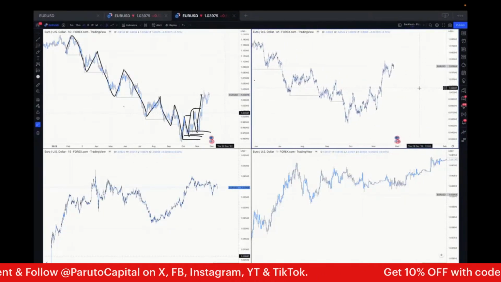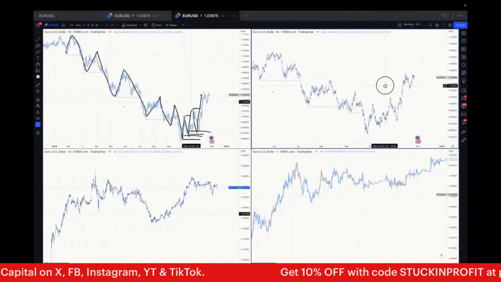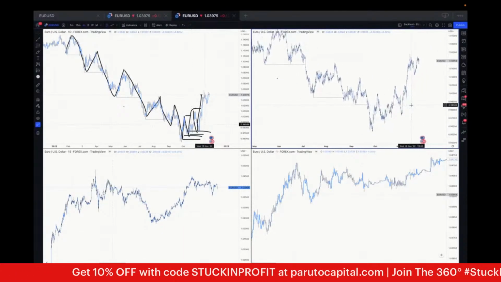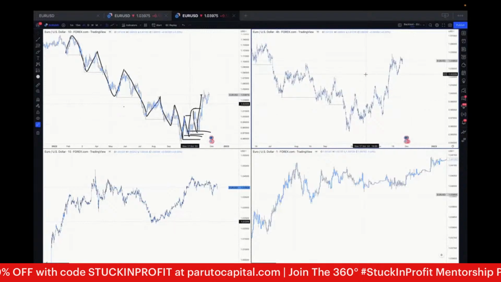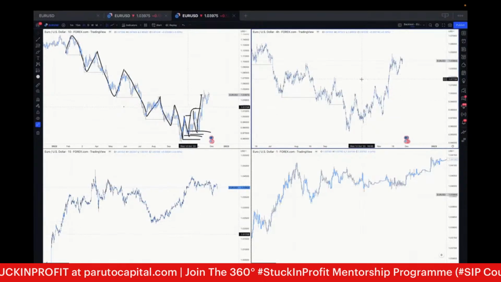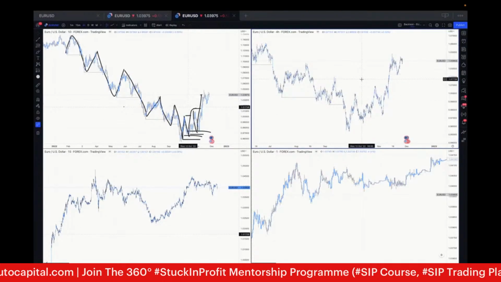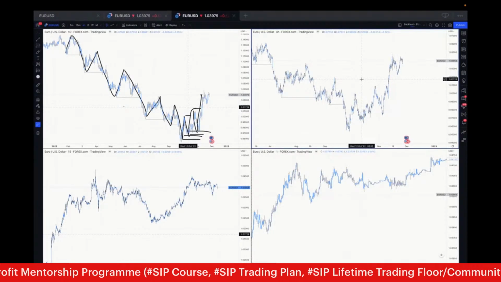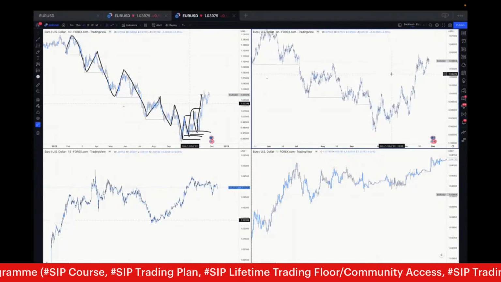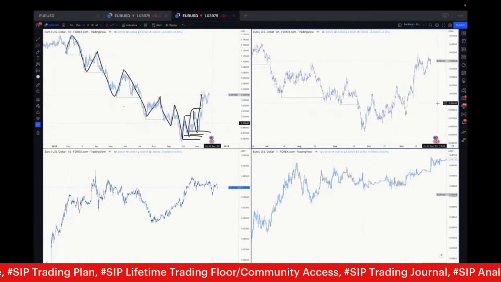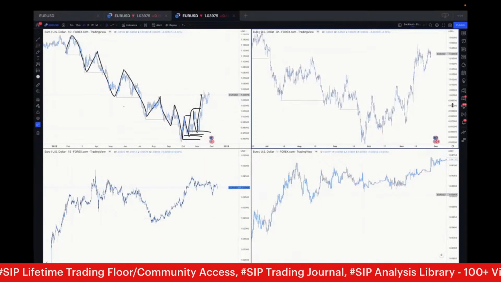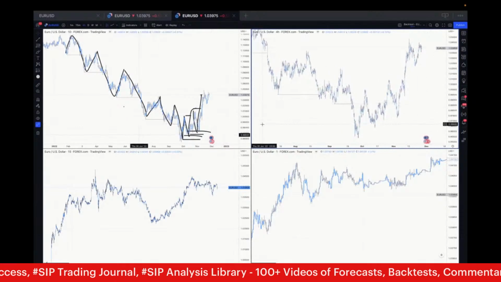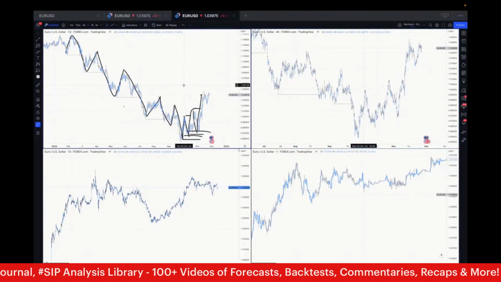Now if you remember, when we were going through the slides earlier, I did mention that a move or a run, an impulsive move or a correction on the higher time frame is, of course, a trend on the lower time frame. On the lower time frame, you can see a lot of movement compared to your higher time frame. So let's see how the first change of character really happened on the